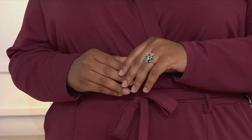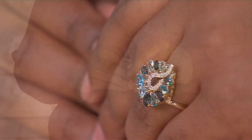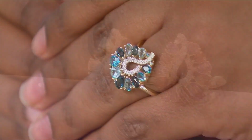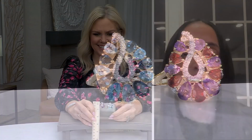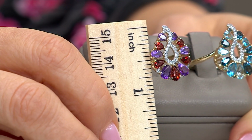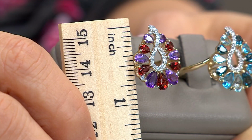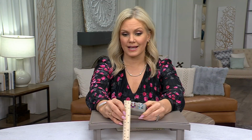So I'm so excited that this was one of the first pieces we launched here at QVC, and it had so much boldness to it, over 2.5 carats of blue topaz, or your option of garnet and amethyst. So it's exciting, and I can't believe the price that it's going out the door for today. I am shocked. I've been talking about this a lot today. I'm not quite sure why, because it just dawned on me, because I do get to do a lot of clearance shows. When I look at our QVC price and consider what your brand does, and the places that it is available, I'm like,